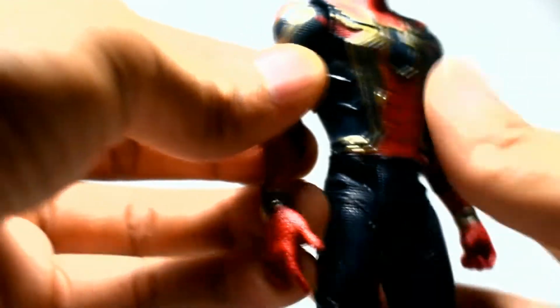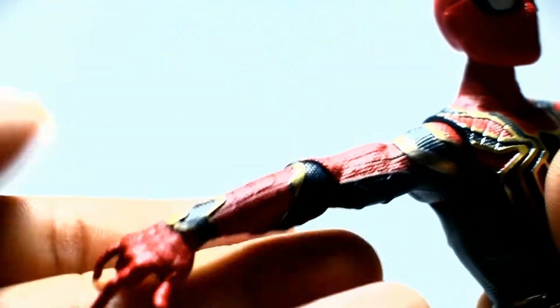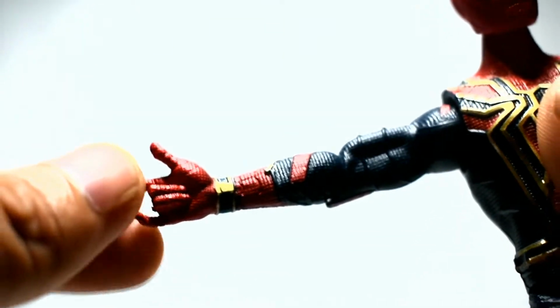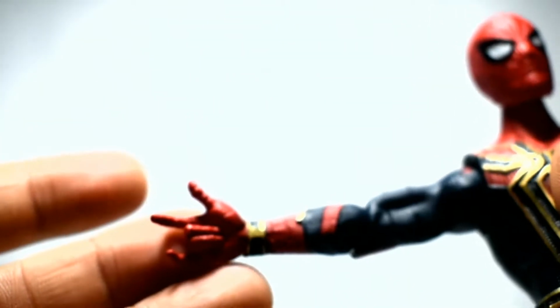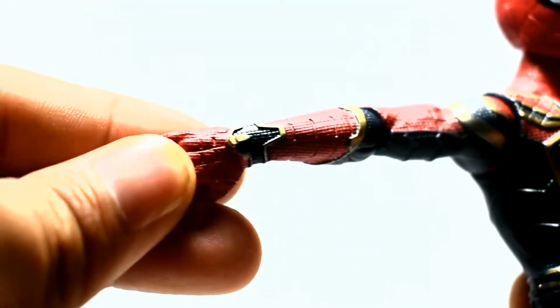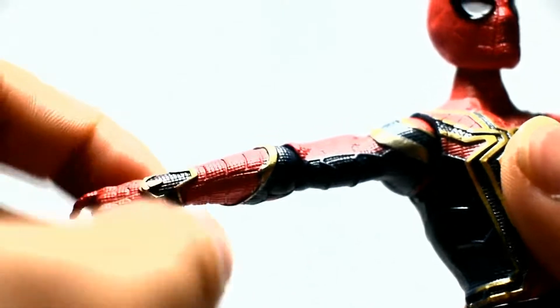Okay, so the sculpt of the hand of the Iron Spider is also great, and this is his right hand, and on the right hand his hand is in the webbing position, and I like it, and he has this web shooter,